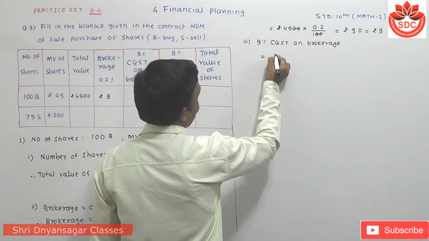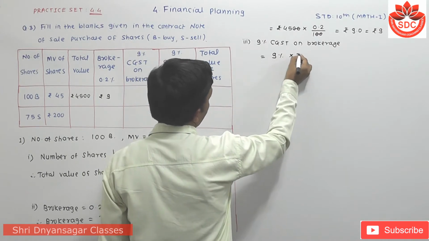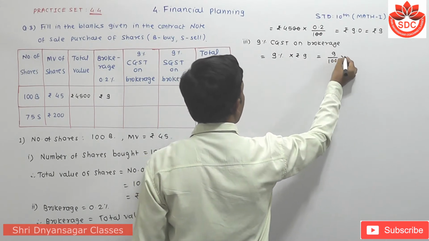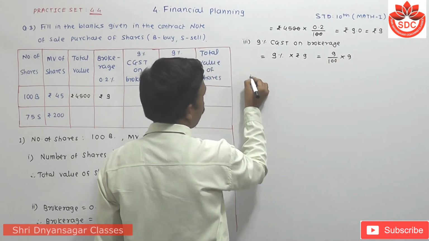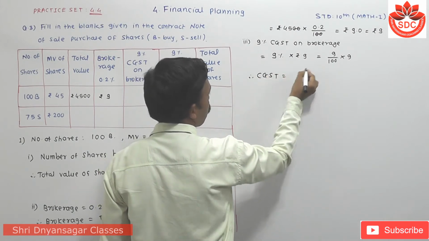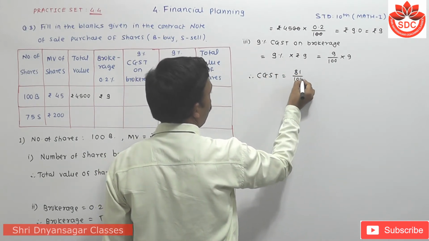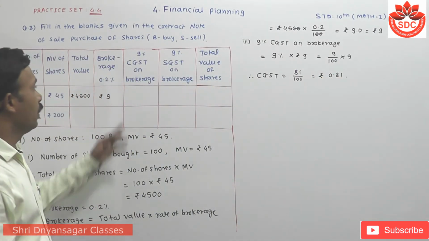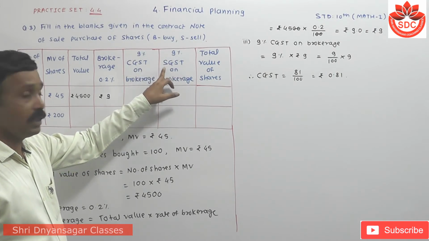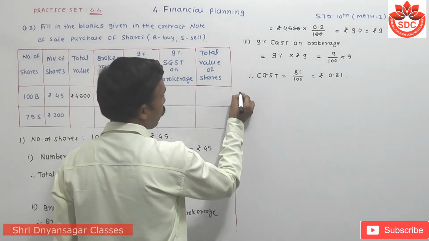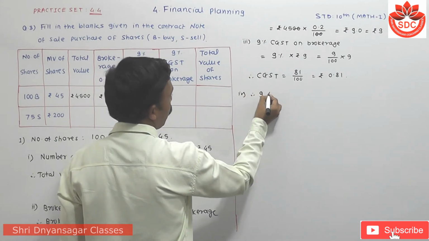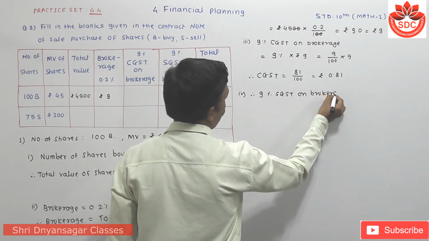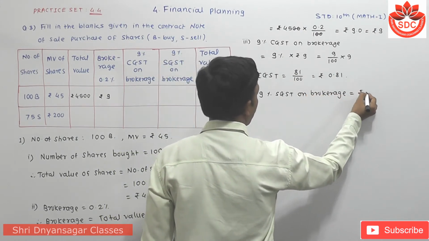So 9% into rupees 9 is equal to 9 upon 100 into 9. CGST is equal to 81 upon 100, which is rupees 0.81. Now student, 9% CGST and 9% SGST are the same. Therefore the fourth point, 9% SGST on brokerage, is also equal to rupees